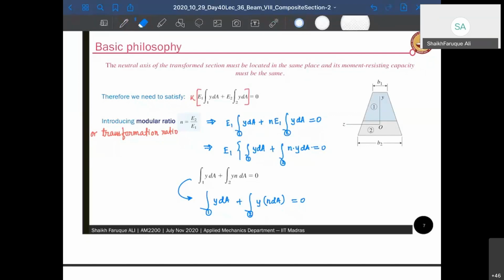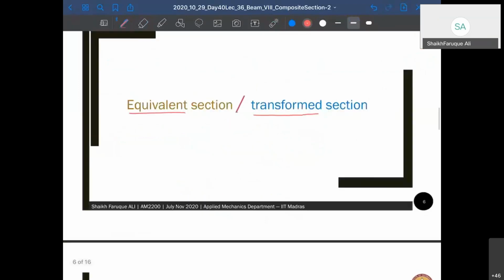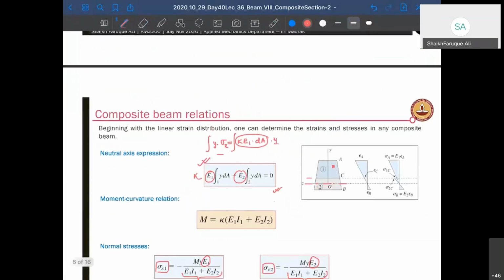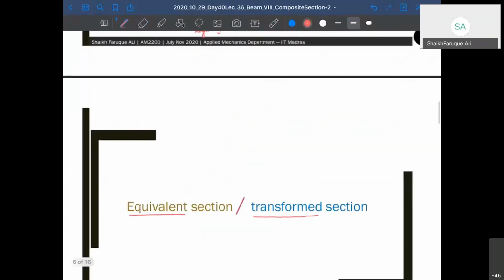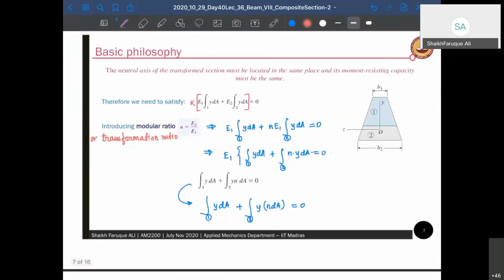Right? That's what I showed you here, that the moment about the neutral axis of the two forces should be going to 0. Now we can look into a few things here. If you have this expression, kappa can be taken to the other side and put to 0. So, since kappa is not 0, we can write E1 into YdA of material 1